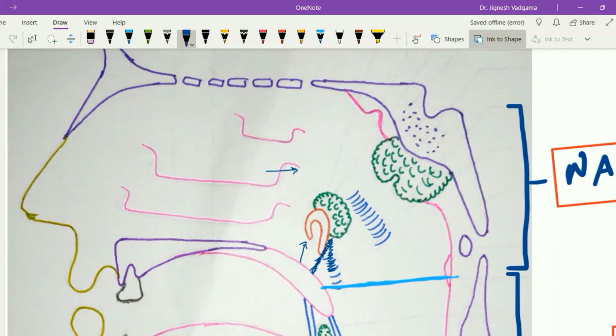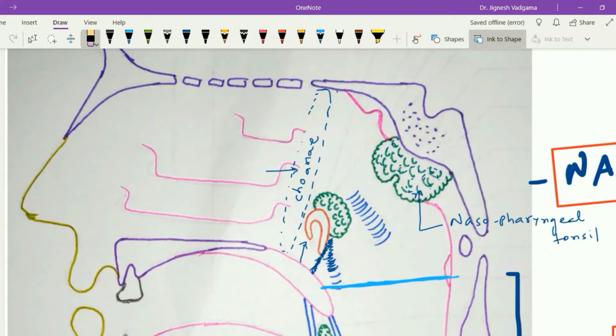When we see the different boundaries of this nasopharynx, the anterior wall communicates with the nasal cavity through the choana. The roof and the posterior wall are continuous with each other, and it slopes downward and backward, having few important features within it. Within the roof as well as the posterior wall, one glandular tissue is present in the submucous area, and this is called the nasopharyngeal tonsil.